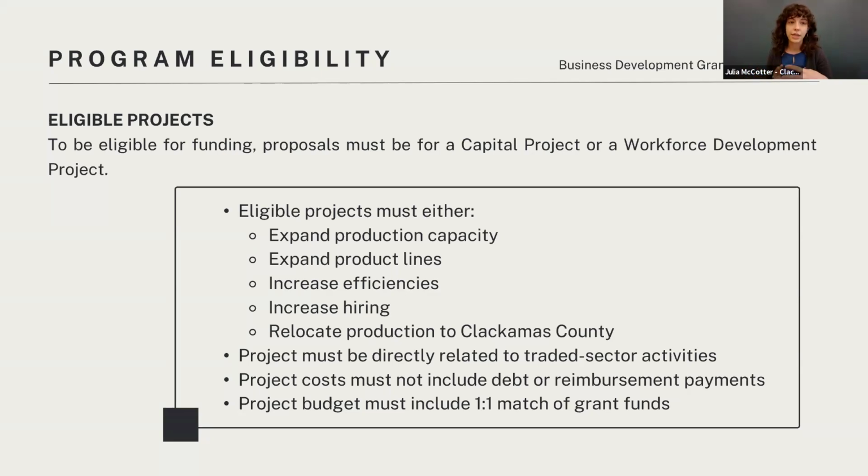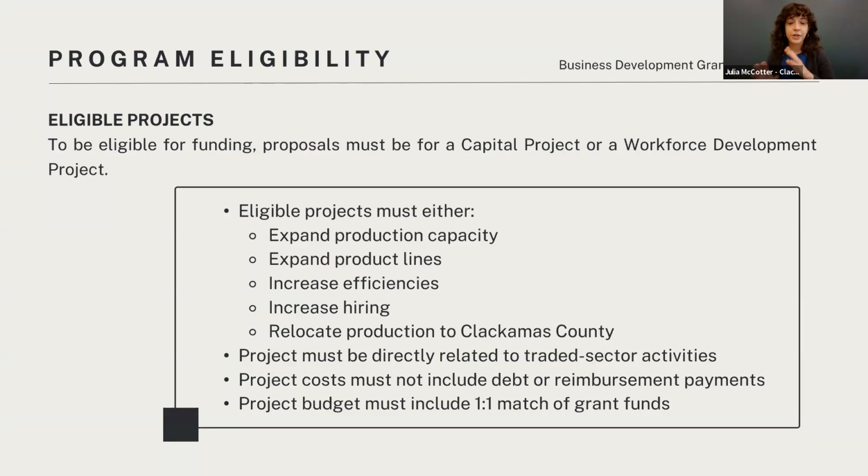And it needs to be clear in your application the difference between a completed phase and a phase that's actually grant funded. So if you're in a complex situation like that, that doesn't necessarily mean off the gate that you don't qualify or your project doesn't qualify, but it just needs to be very clearly laid out in your application. And if you have questions about that, about how to lay it out in your application or about what types of documentation you might need to show the project phase, you can always reach out to us and we're happy to help explain what information needs to go into your application.